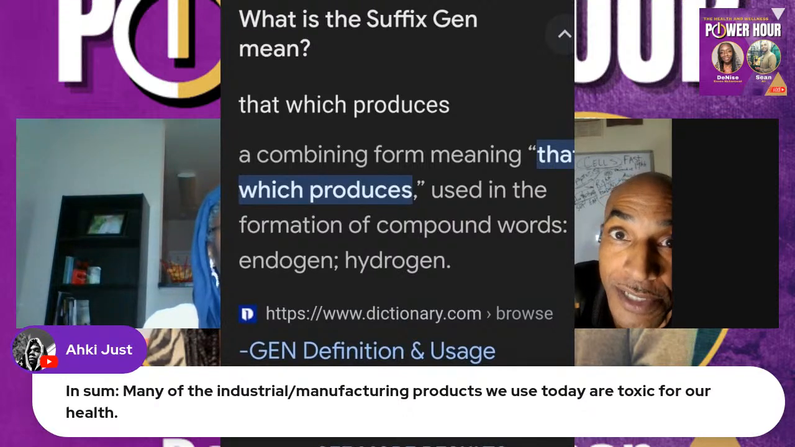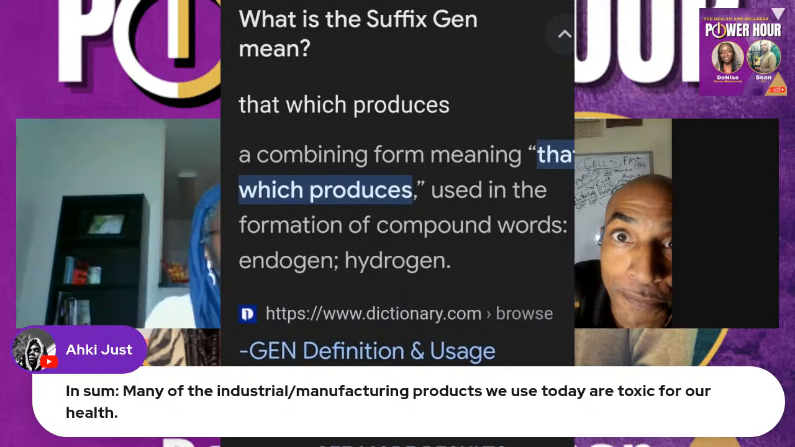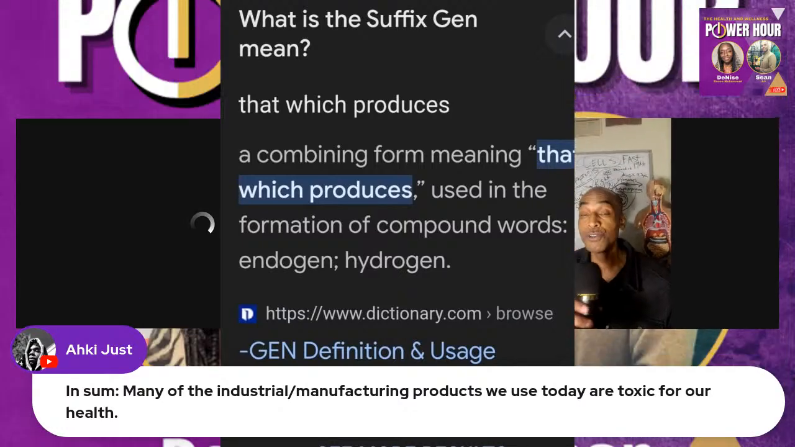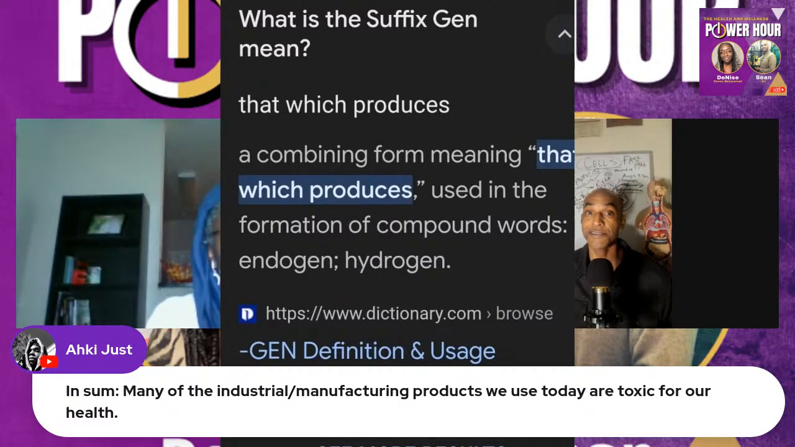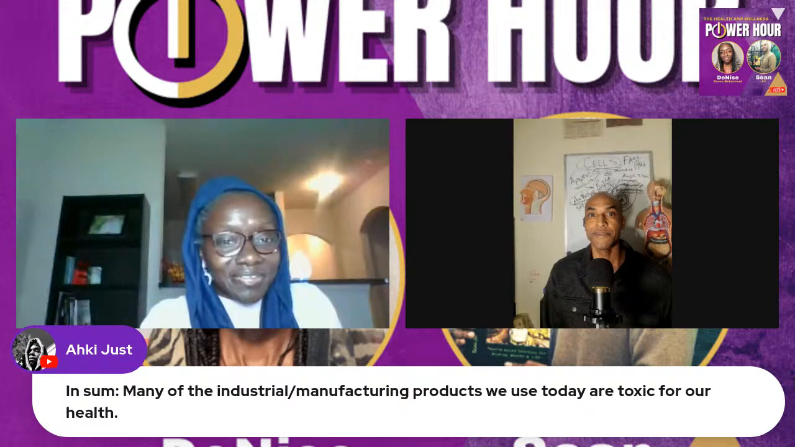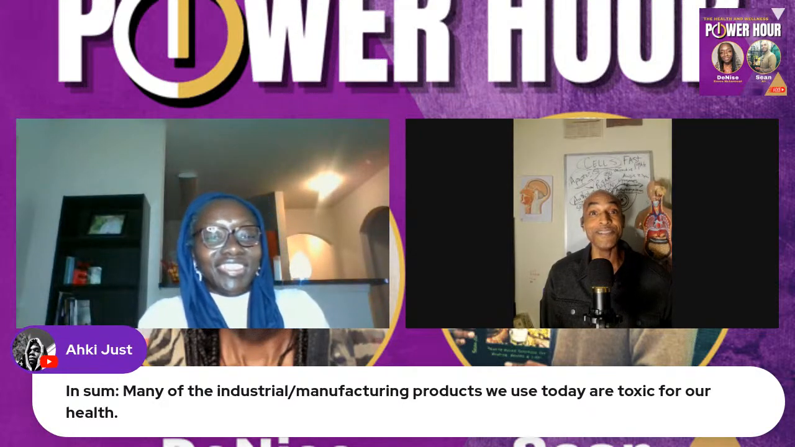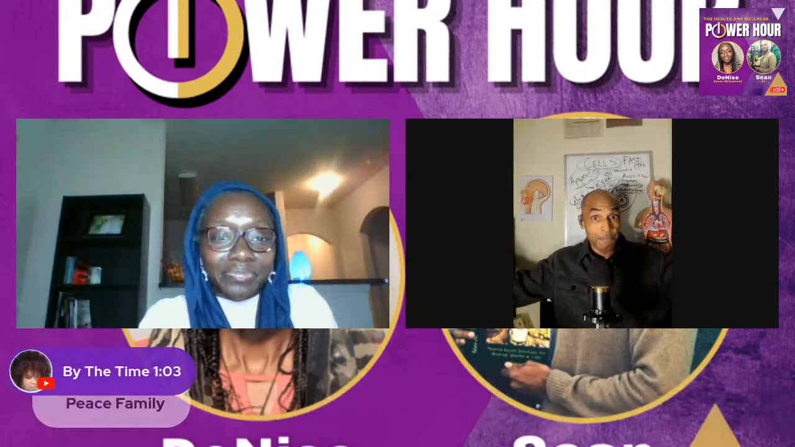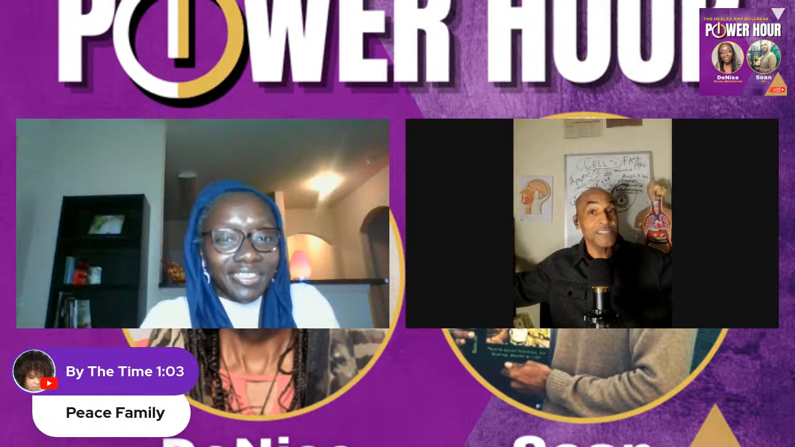That which produces. A combining form meaning that which produces, used in the formation of compound words. Estrogen, hydrogen, obesogen. So that which produces obesity. Producers of obesity. Wow. They got the things that say they will produce cancer, 5G, all of these. These obesogens,